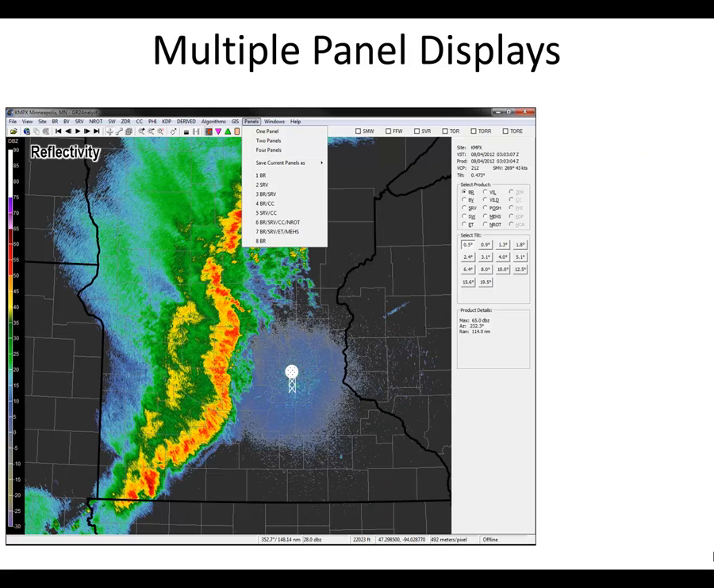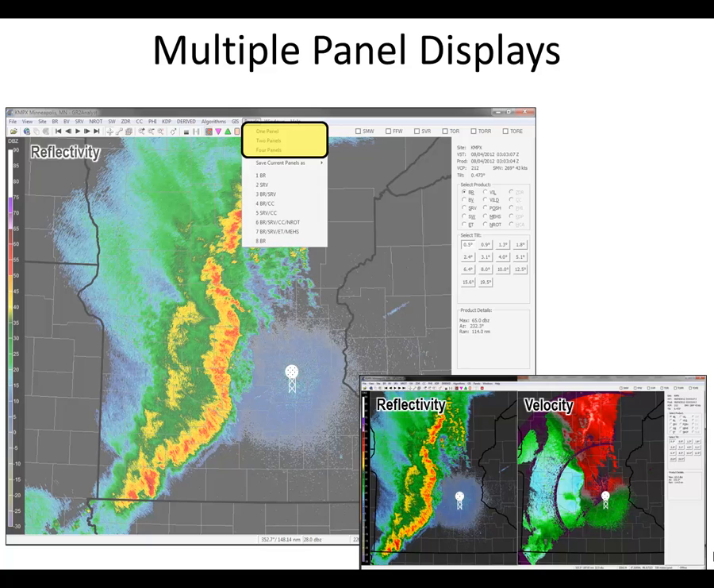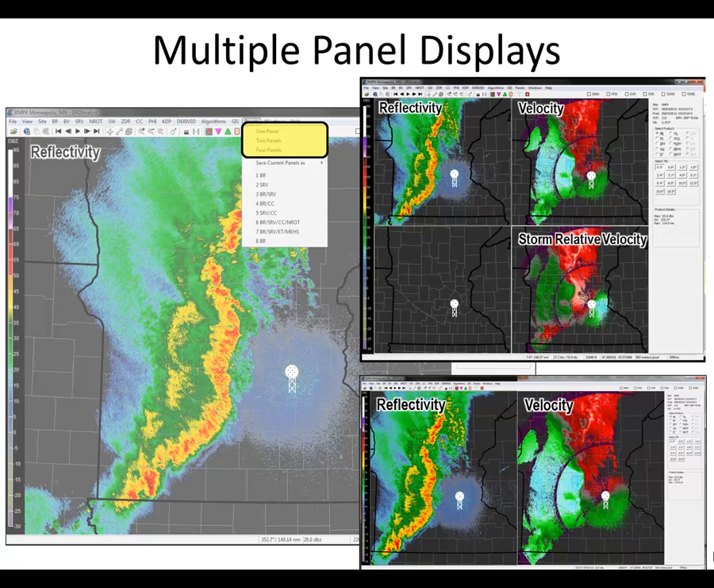Next, we'll look at multiple panel displays. Click on Panels, and a drop-down menu will show up for 1, 2, or 4 panels. In this image here, I have 1 panel with reflectivity shown. However, sometimes it's nice to compare the reflectivity and velocity at the same time. In some cases, you may want to look at reflectivity, velocity, and storm relative velocity all in the same window